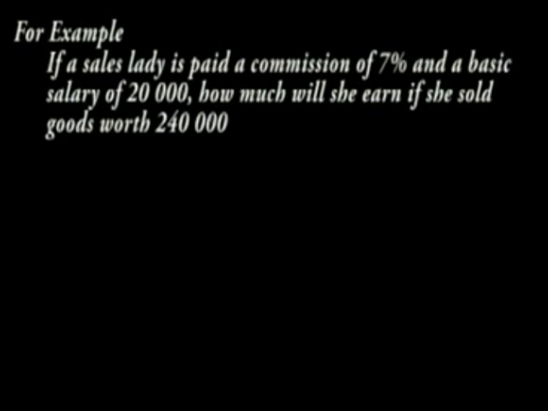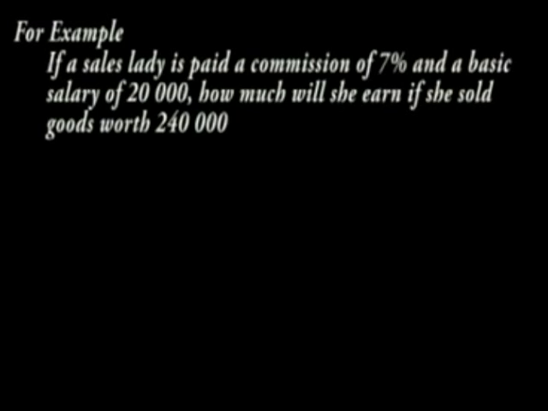Commission and discounts. For every item that a salesperson sells, they get a certain percentage of the commission on top of their basic salary. For example, if a sales lady is paid a commission of 7% and a basic salary of 20,000, how much will she earn if she sold goods worth